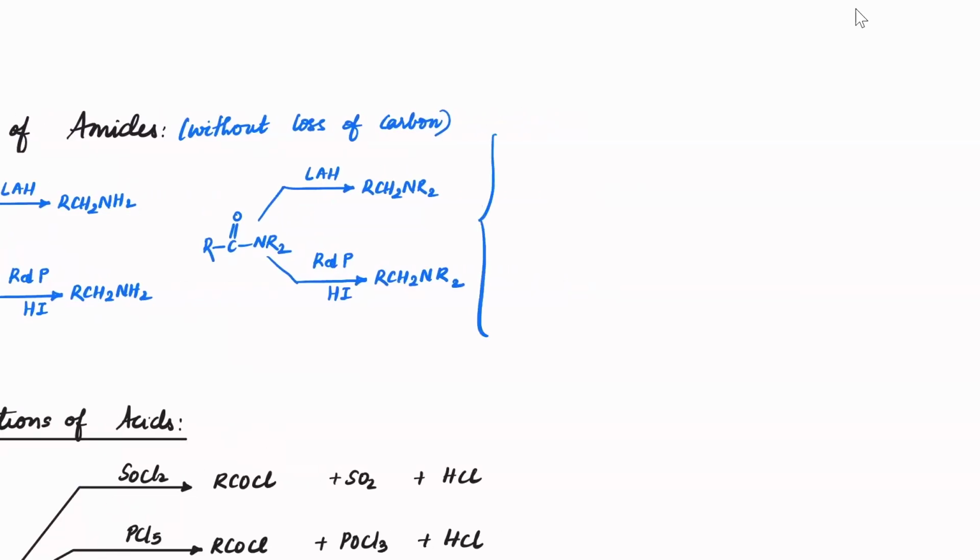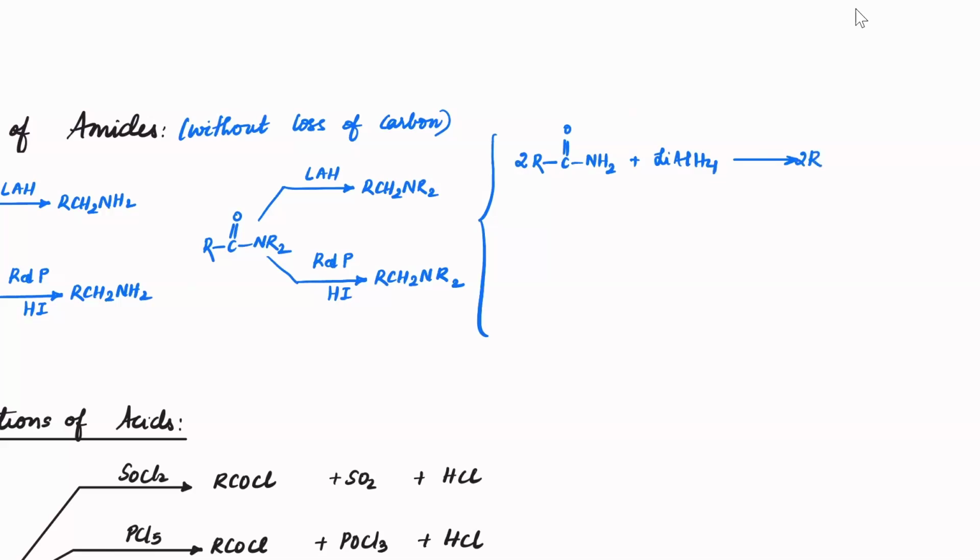Now, if you notice the number of moles here, if I take 2 moles of RCONH2, I would simply require 1 mole of lithium aluminum hydride, because lithium aluminum hydride provides 4 H minus groups. So 2 will go to carbon and the other 2 will go to oxygen. So that way it will convert into